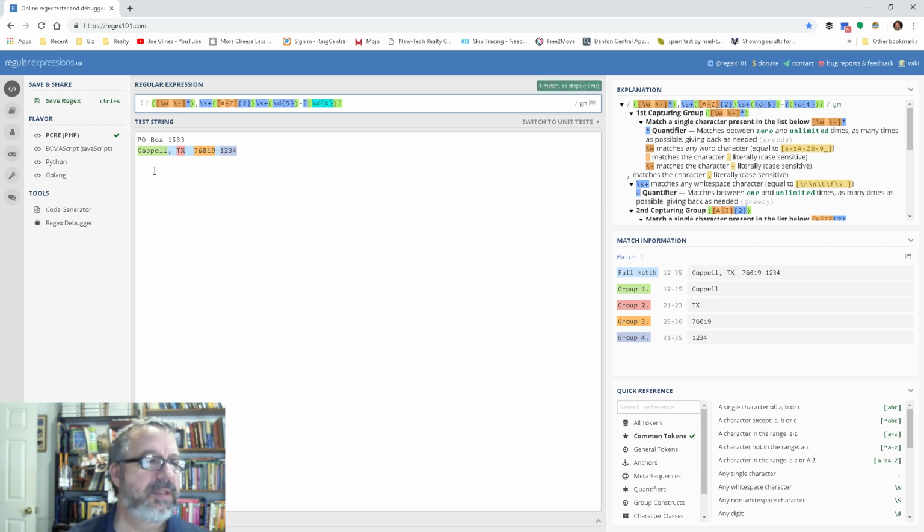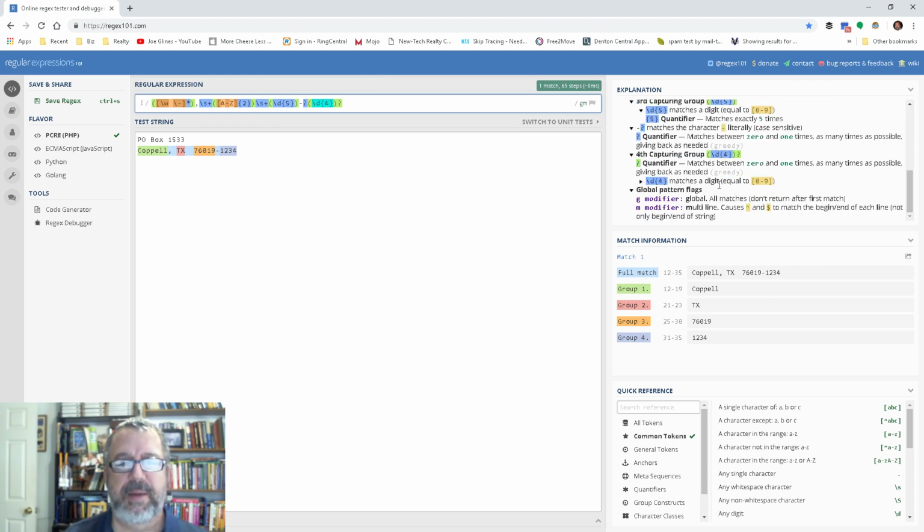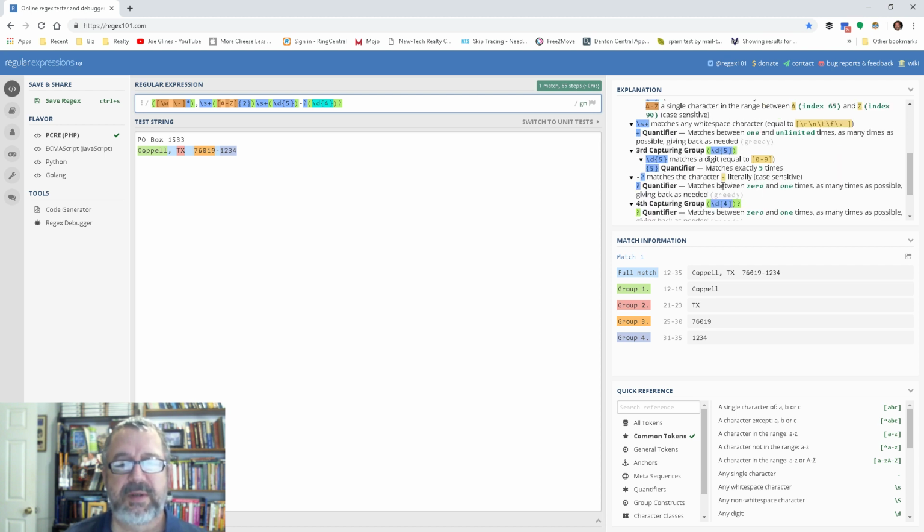There we go. Now, the nice thing with this, where it helps to write your expression, is the colors are tied to what you're seeing. So here's the white space. There's the comma and then the white space. Here's the zip code, and then here's the last four. The question mark for the dash makes that optional. Over here you can see how they match and what's in it. It actually walks through exactly which part is doing what. It's really nice because if you're new to it, it can really explain. Pay close attention to this,